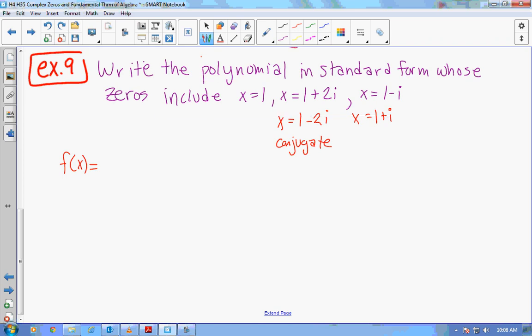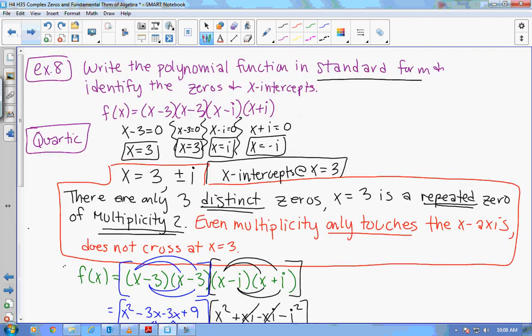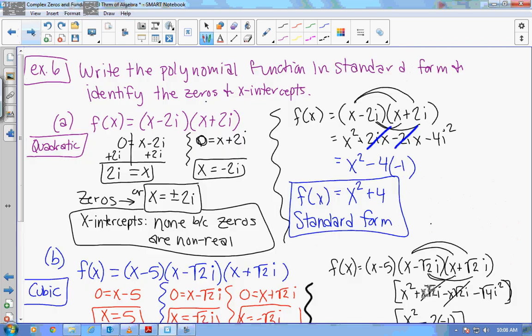If this is the zero, remember we're going backwards. We need to write the factors. In the last problem we just did, we started with the binomials in parentheses; those are factors. And then we found the zeros by using the zero property. So we're going to be reversing that. If the zero is 3, the factor is x minus 3. Are those the same signs? 3 and minus 3? No. So when you're going backwards,